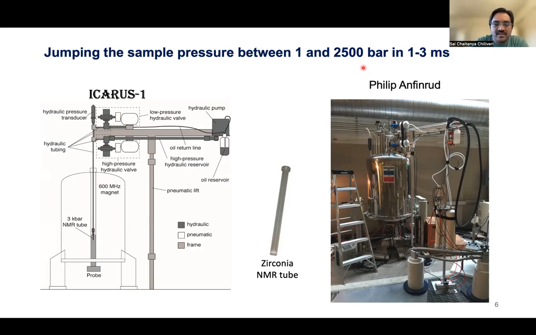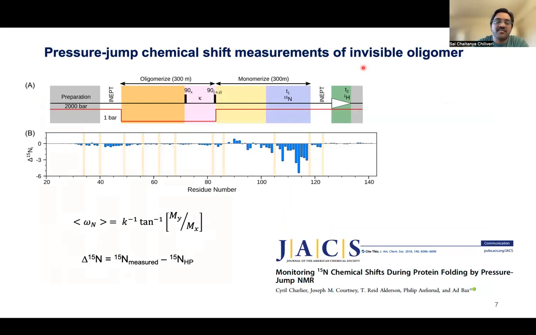To obtain secondary structural information of the oligomers that are otherwise invisible at the ambient pressure of 1 bar, we performed pressure jump NMR experiments where we measured the 15N chemical shifts of the oligomers using stroboscopic experiments, and the pulse sequence is shown here. This pulse sequence was originally published in a JACS paper in 2018 by our group, and this is a small modification to the earlier publication, where